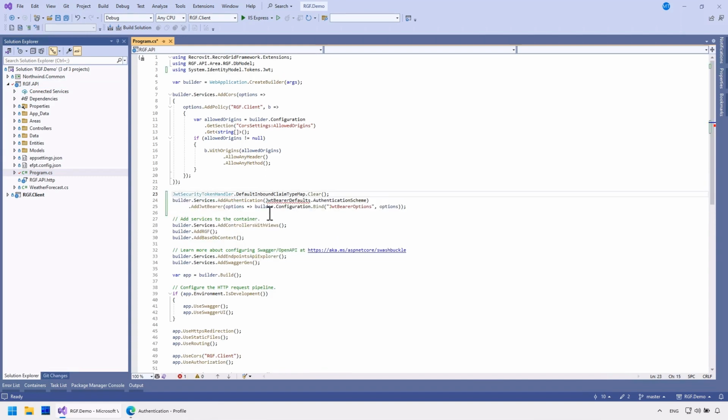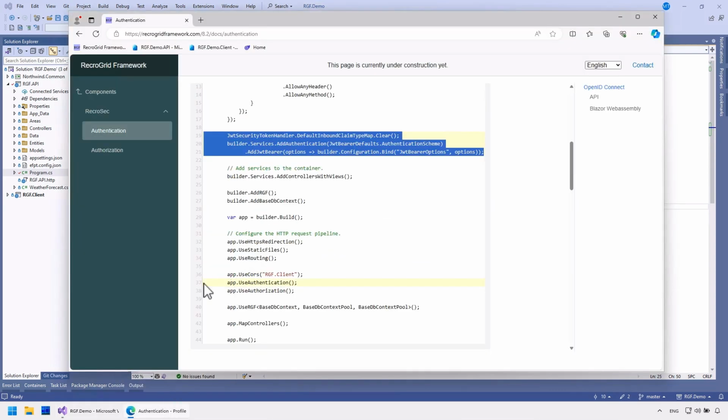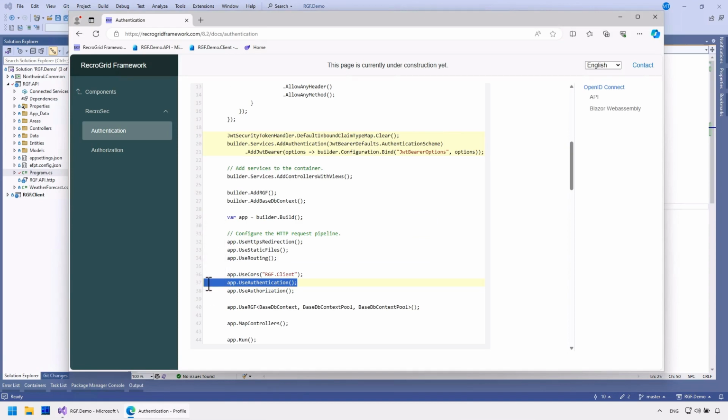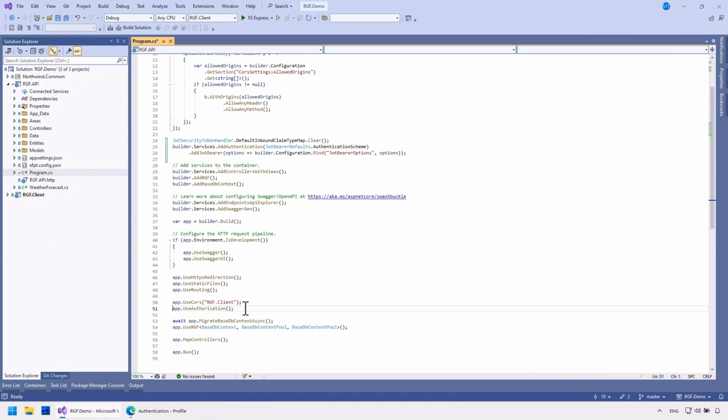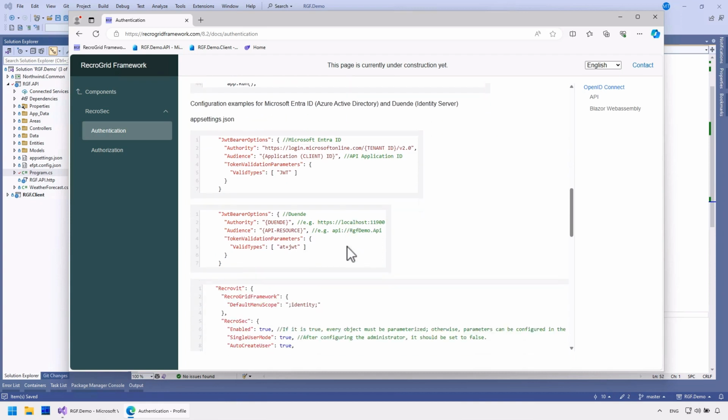Adding necessary namespaces. I'll add the authentication middleware. In the documentation, there are two configuration examples, one for Microsoft Entra ID and one for Duend, formerly Identity Server. I'll use Microsoft Entra ID now.